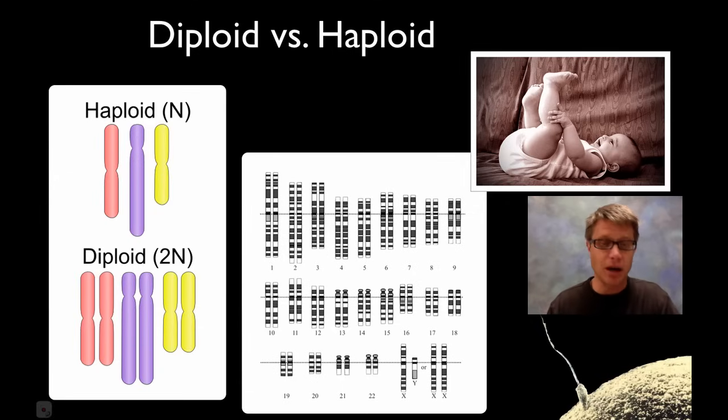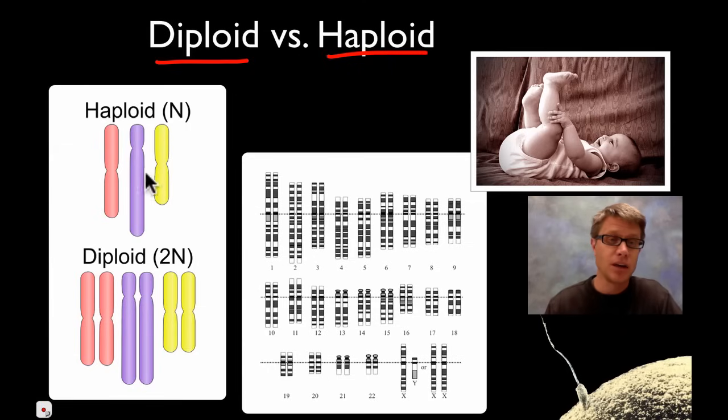Before we can talk too much about mitosis, we need to get this out of the way, and it's the idea of diploid versus haploid. Basically, if we're looking at an organism or a cell that's haploid, it essentially means it has one copy of all of its DNA. And so in eukaryotic cells, our DNA is organized into what are called chromosomes, or linear